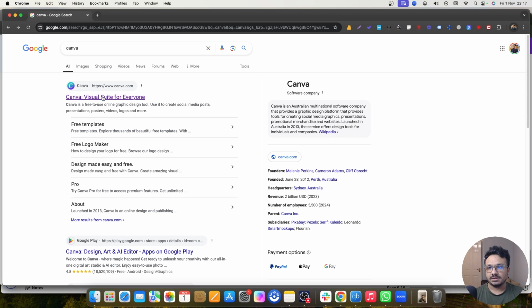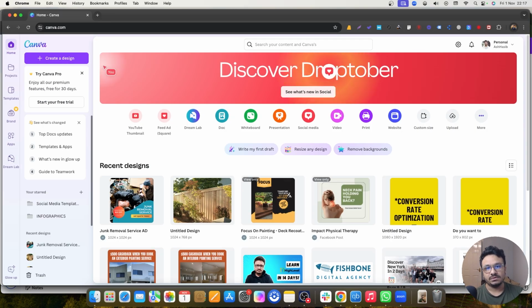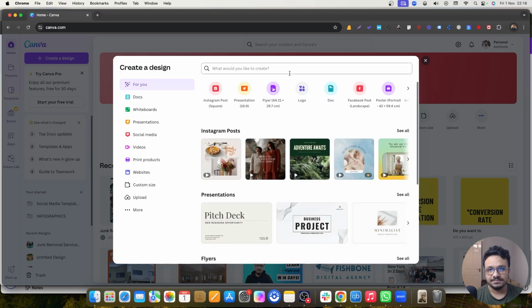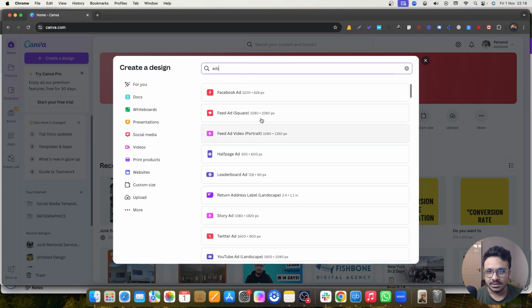So I'll just go ahead and click on this, and it gives you a free account. You don't have to pay for it if you don't want to. But it has a paid plan as well, which comes with obviously more features, but you don't need a paid account at this point. So I'll just go ahead and create a design, and you can sign up using your Google account as well. So I'll just type for ad, and I will go for feed ad square,